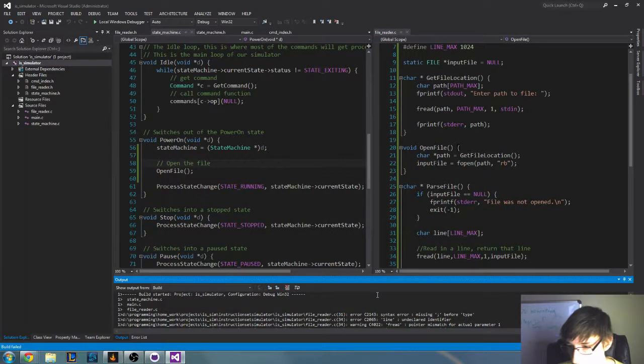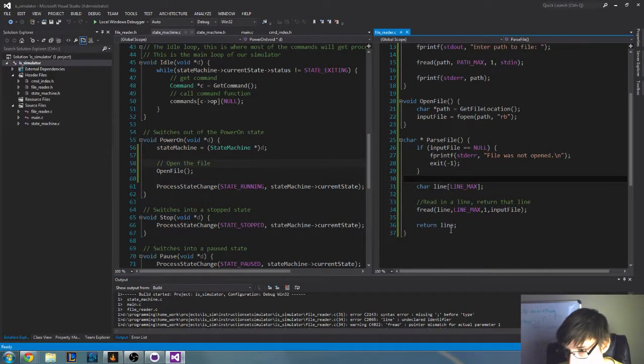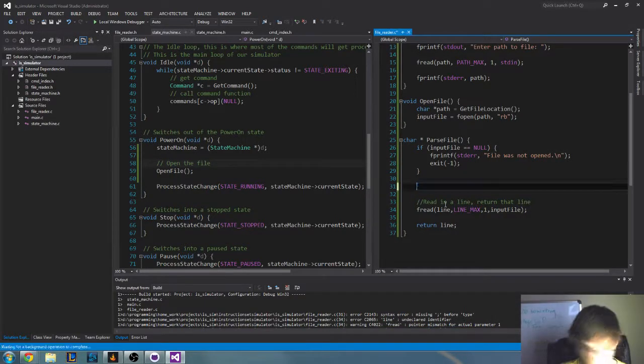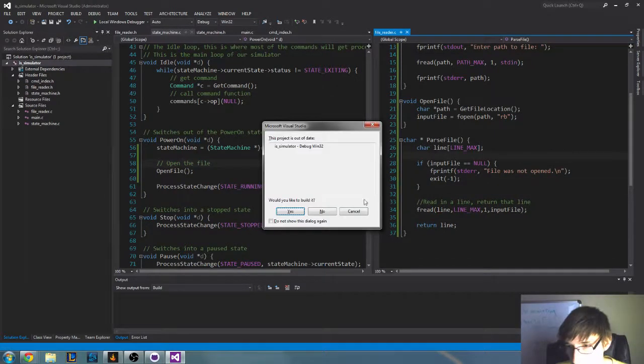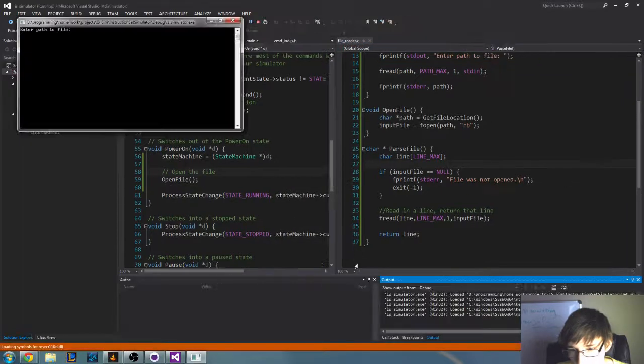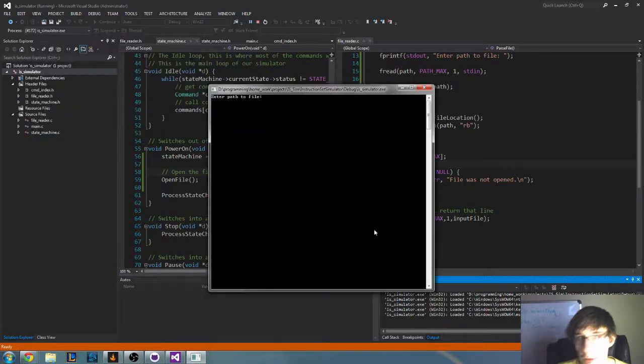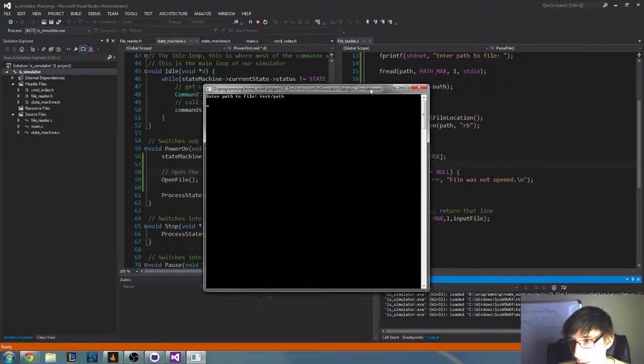But now let's look into what this error is. So file reader 31. Oh, I think it's another one of these where I have to move it to the top. Yeah, that's another thing with Visual Studio. I guess Visual Studio has a lot of these little things where you have to put things in a certain order, and I'm not sure I'm the biggest fan of that. Test path. Alright, so